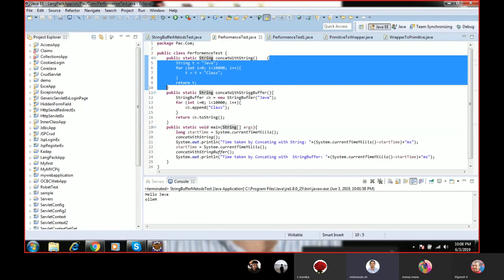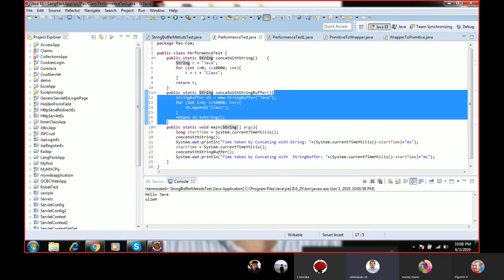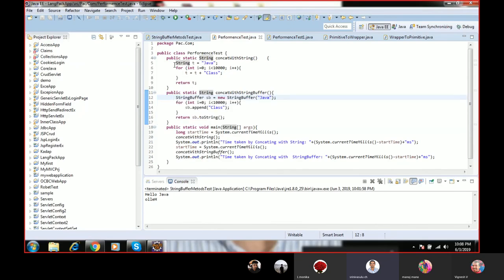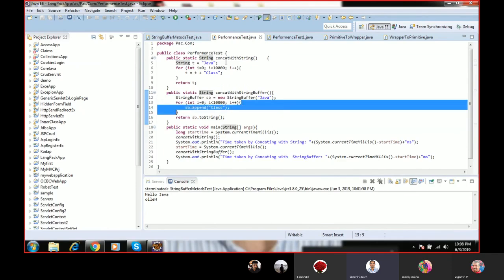Similarly, I'm creating another method, that is the StringBuffer object. So this is the string object, string t equal to Java. Here I'm creating the StringBuffer object, that is Java. And for the StringBuffer object also, I'm appending this class 10,000 times. So both the string and StringBuffer classes are appending another string 10,000 times. So then we can check which